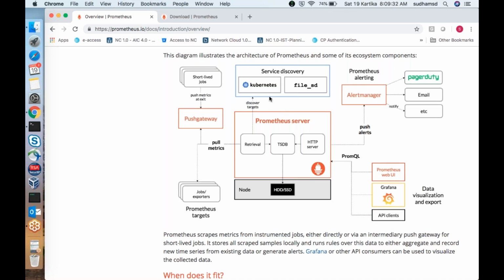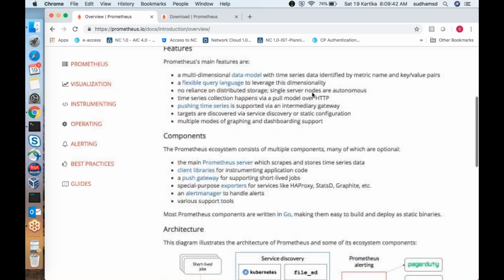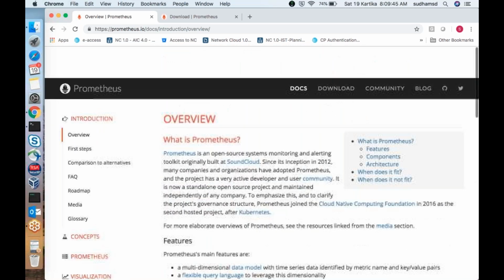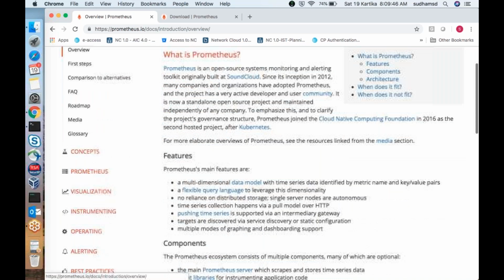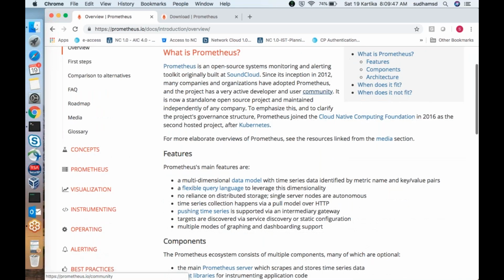In the backend, it will monitor all the Kubernetes related information: containers, pods, services, secrets, jobs, daemon sets, everything it will monitor. Let's see how to install it. That is our main concern. We need to install this particular Prometheus.